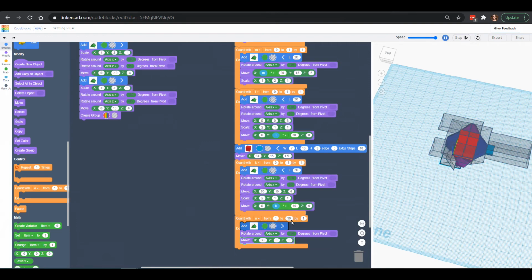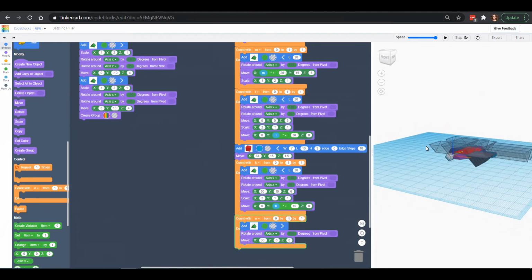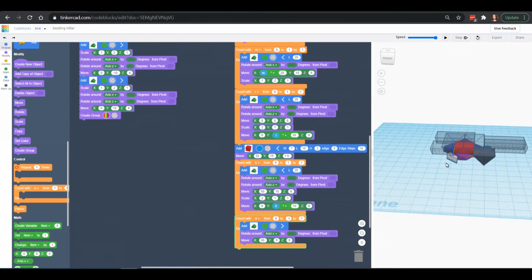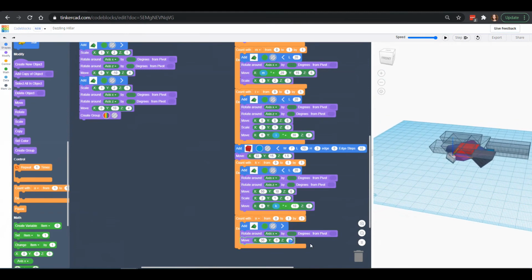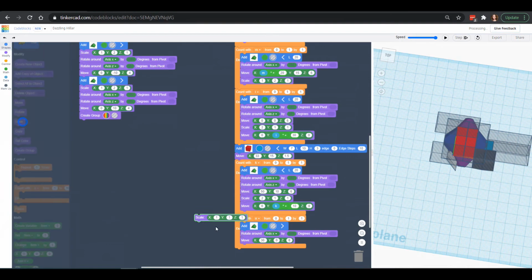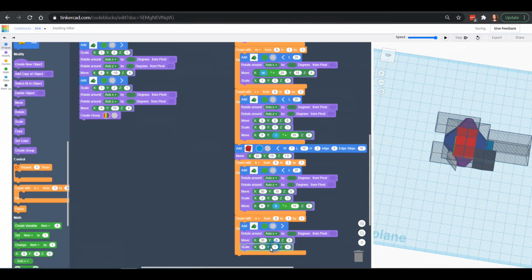Oh, we forgot the X. We did it 10 times again. All right, so we'll go from 0 to 1. And let's take a look here. This is actually looking pretty exactly where I want it. We're going to move the Z up. We've been moving our Z up by 6 pretty consistently, so we're going to do the same thing for that. We're going to scale this in the Y by 2, and that will make it longer. And we also want to move it in the X. After we move it in the X by that 30, we're going to move it again